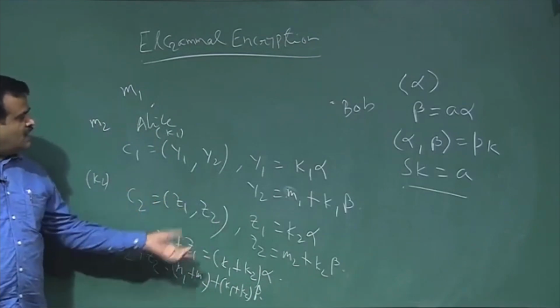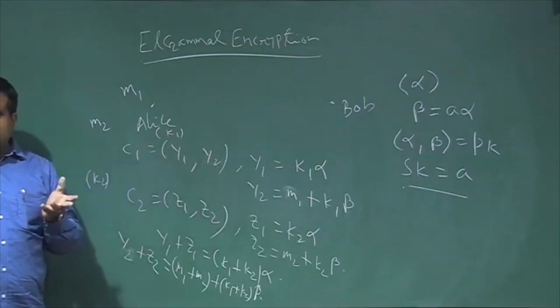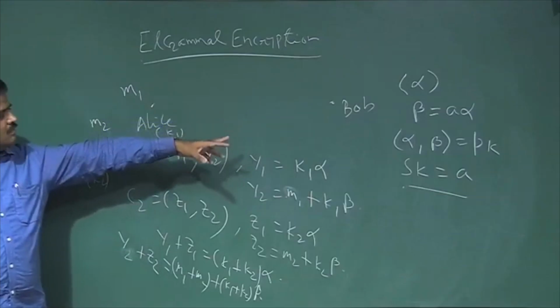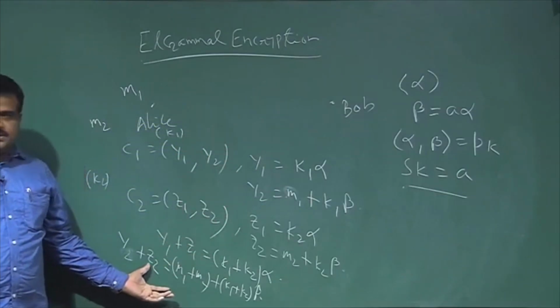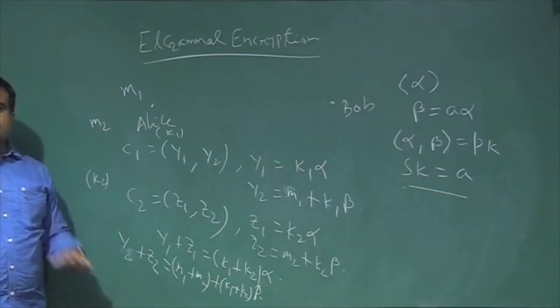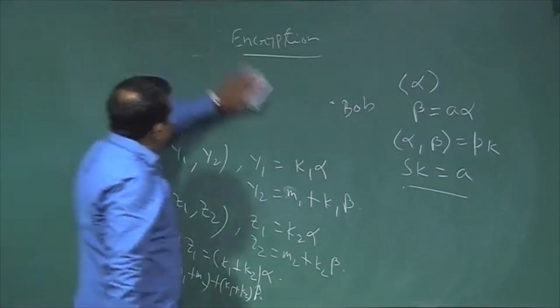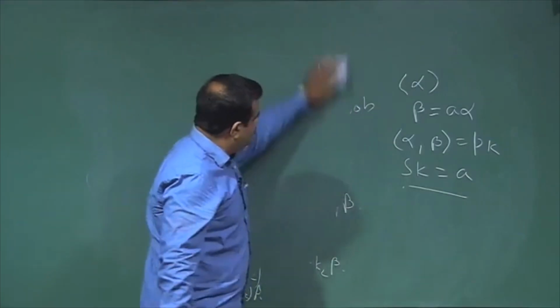So, addition can be done, but if you want multiplication, maybe we have to take the multiplicative group, but that may not satisfy this eval operation. That is why it is called partially homomorphic. Even the RSA cryptosystem is also partially homomorphic. It can support only multiplication, because if we look at the RSA cryptosystem,